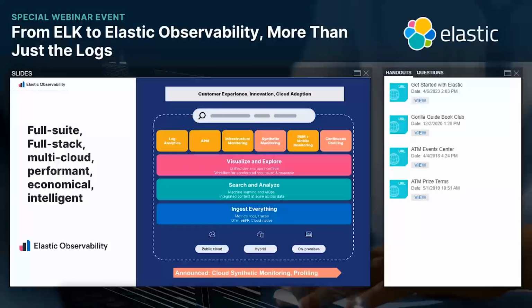Then you're going to need rich analytics capabilities, so you can start to see patterns and take actions. And of course, once you have a large set of data, tracking data from different applications, you're going to need to leverage machine learning capabilities to do the heavy lifting for you. And finally, you want to be able to communicate and collaborate with the respective teams to make sure every team has access to the right data so that they can effectively monitor and troubleshoot systems. Elastic has you covered in all these areas.